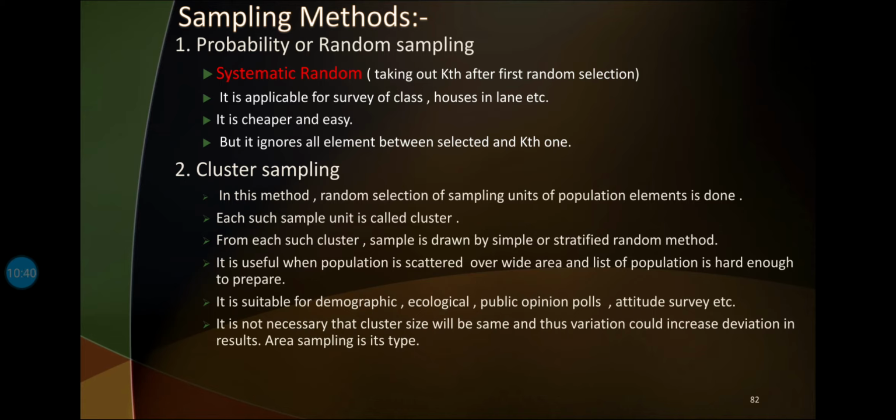Suppose you have considered the student whose roll number is 1 for your experimental work, for testing the amount of knowledge he has gained in the subjects. Then after roll number 1, we will skip roll numbers 2, 3, 4, and then we will concentrate on roll number 5. So it means that we have skipped 3 numbers.